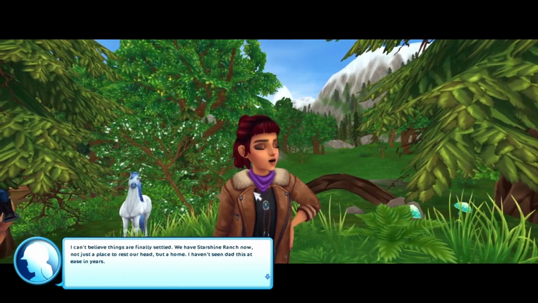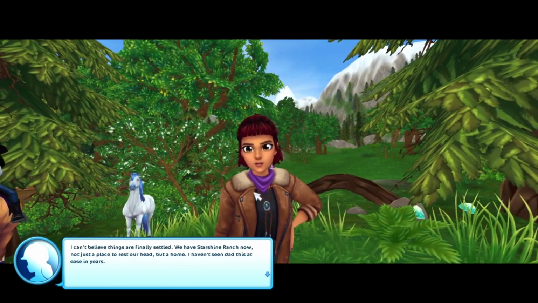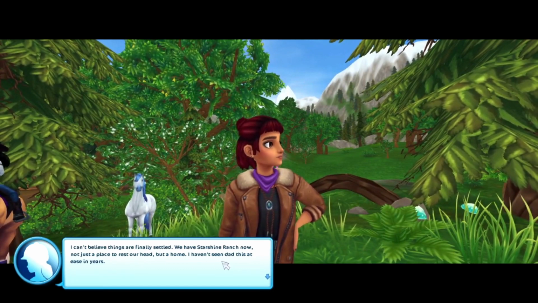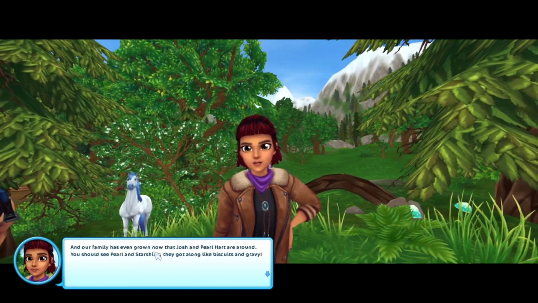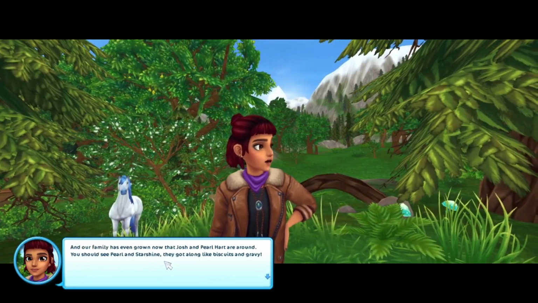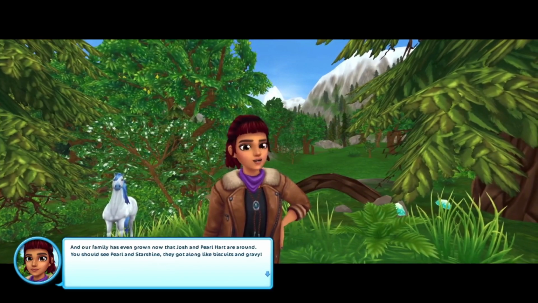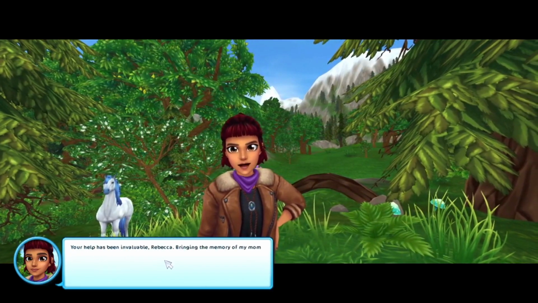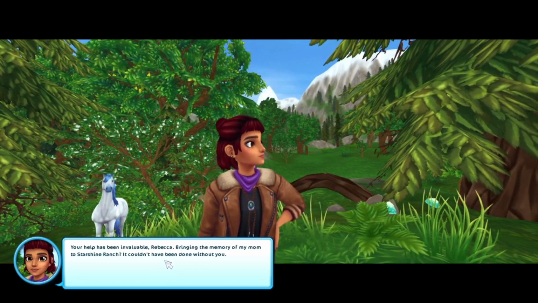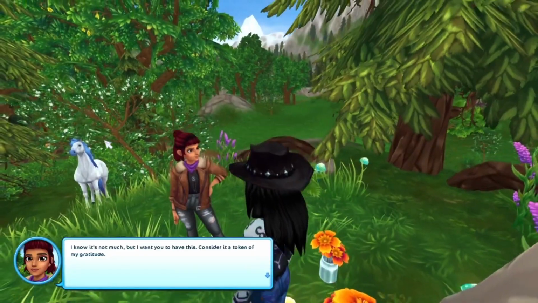I can't believe things are finally settled. We have Starshine Ranch now, not just a place to rest our head, but a home. I haven't seen Dad this at ease in years. And our family has grown now that Josh and Pearl Heart are around. You should see Pearl and Starshine. They get along like biscuits and gravy. Your help has been invaluable, Rebecca. Bringing the memory of my mom to Starshine Ranch, it couldn't have been done without you. I know it's not much, but